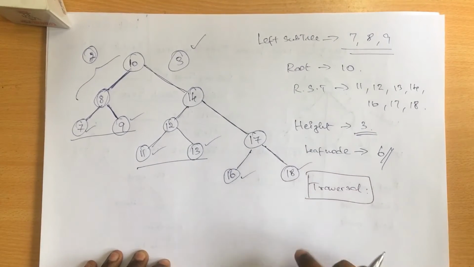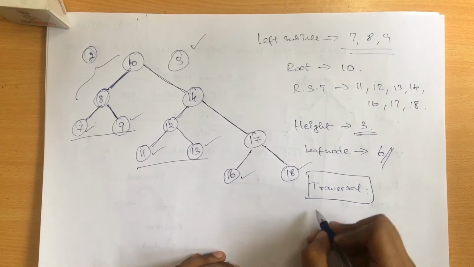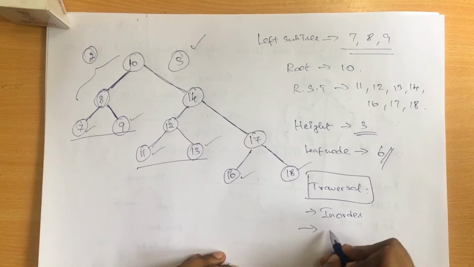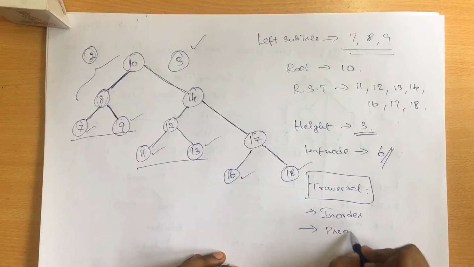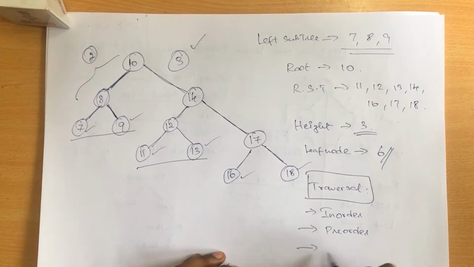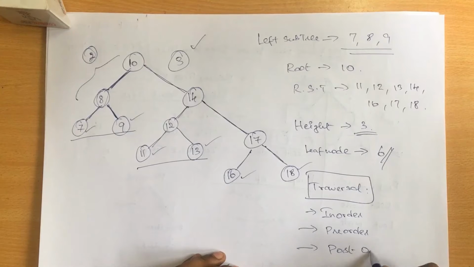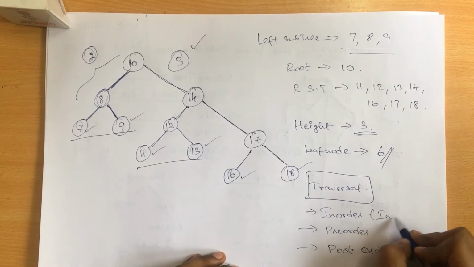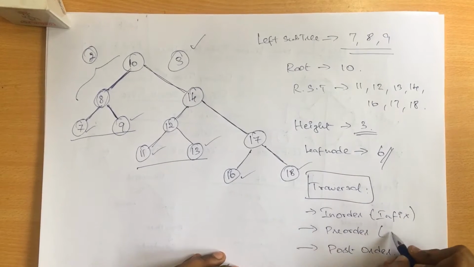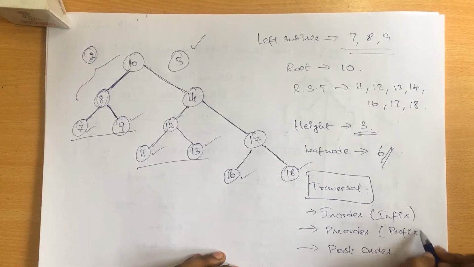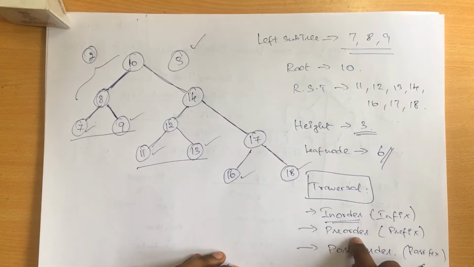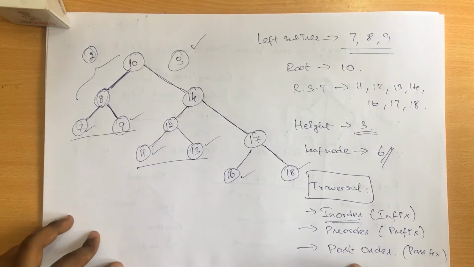So tree traversal actually has three techniques. First one is called in order, second one is called pre-order, and third one is called post order, right? You can also say in order, or infix, and this is prefix and postfix. So the first tree traversal technique is in order, then pre-order and post order, and I'll tell you what exactly